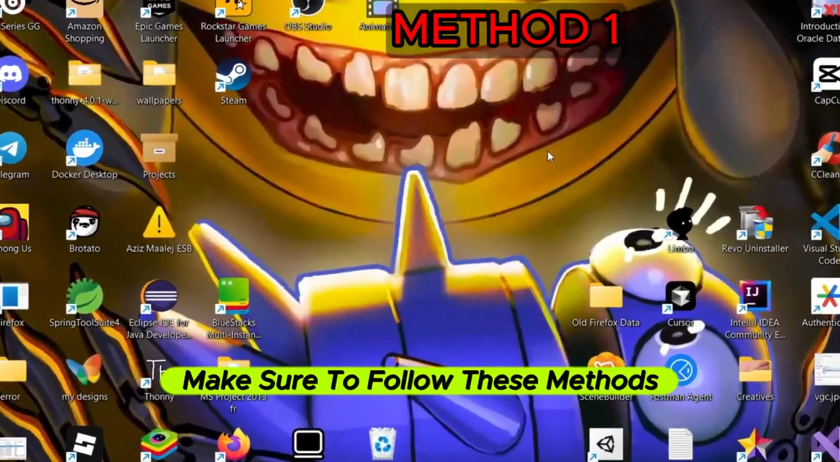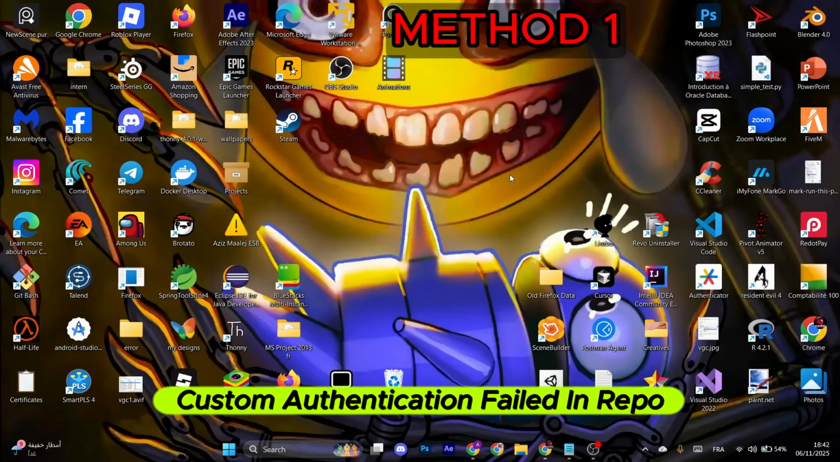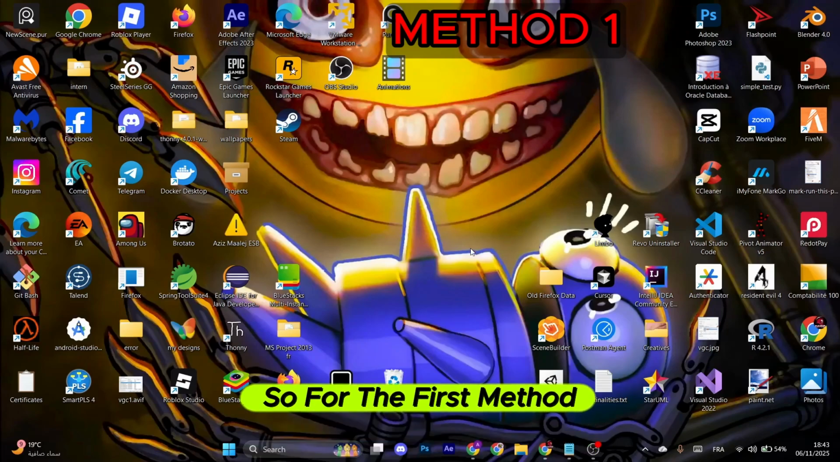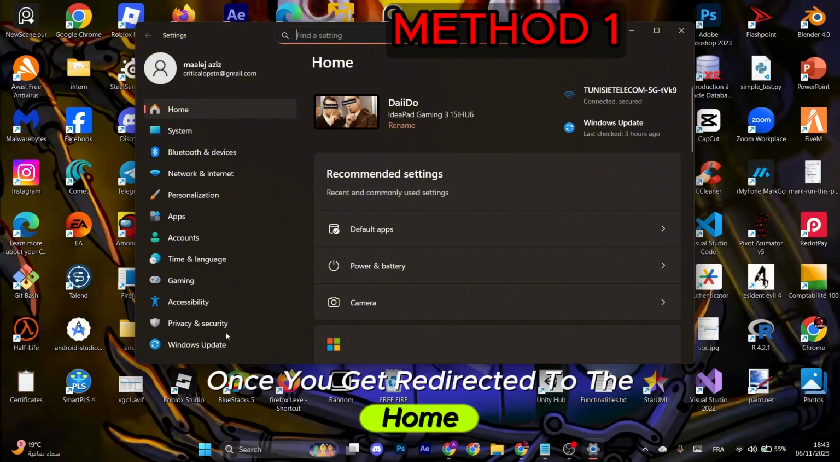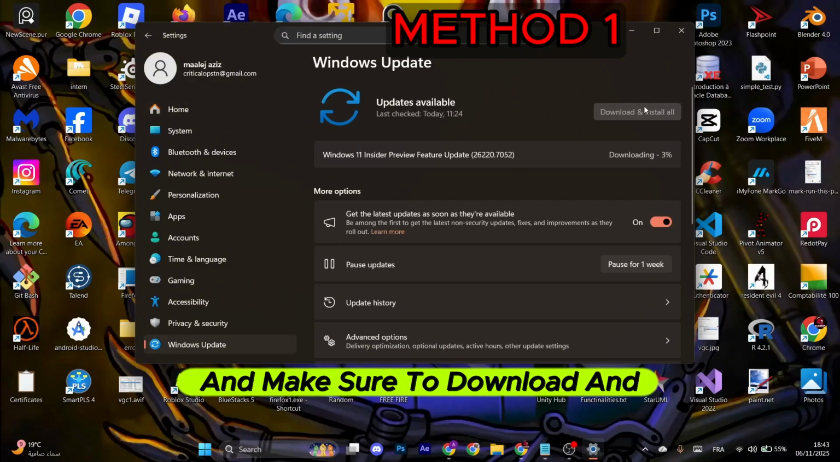Make sure to follow these methods in order to fix custom authentication failed in R.E.P.O. So for the first method, you should go to the Windows icon right here and then go to settings. Once you get redirected to the home, go to the Windows update and make sure to download and install all